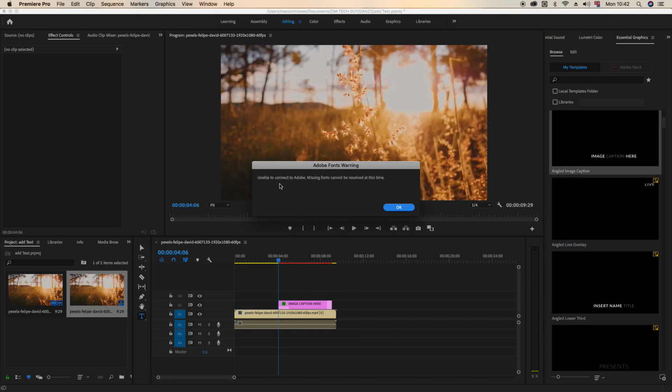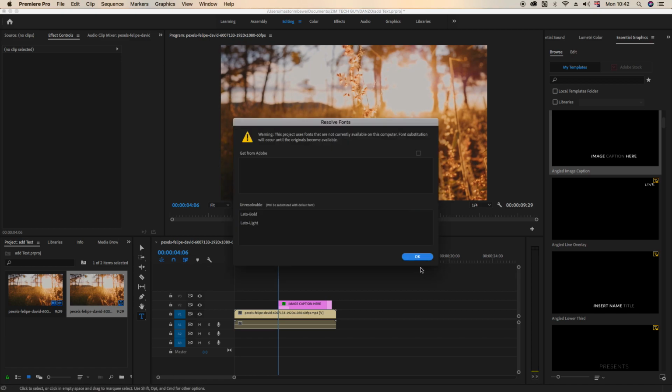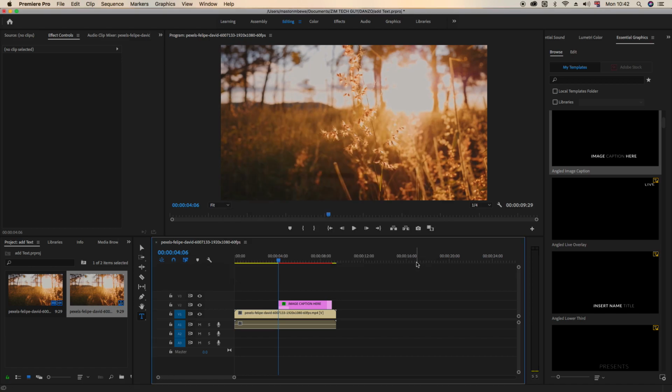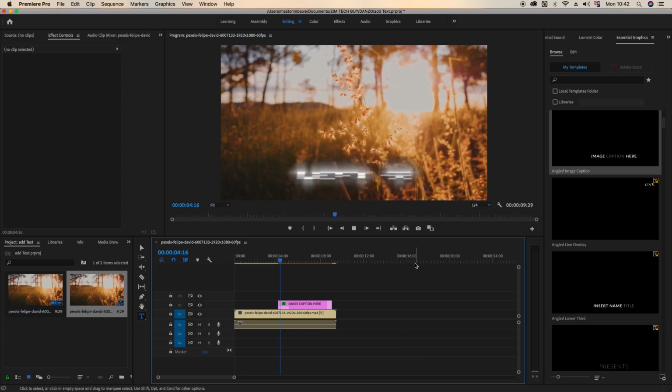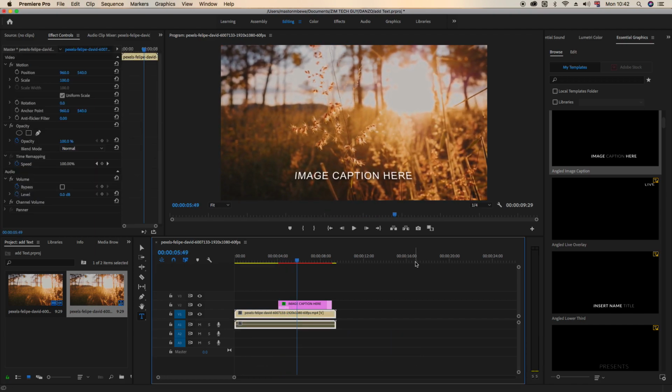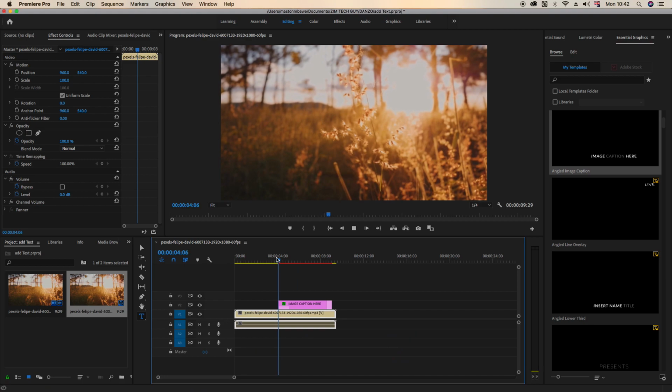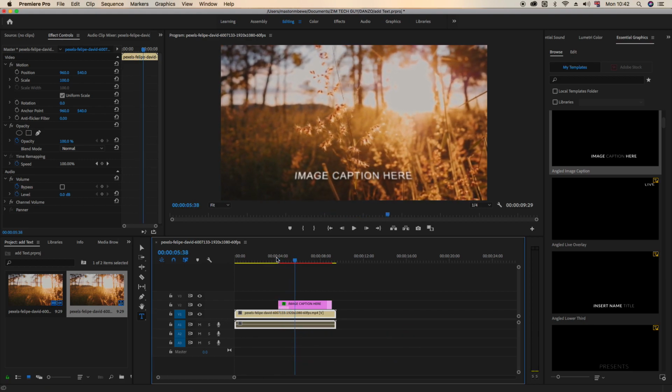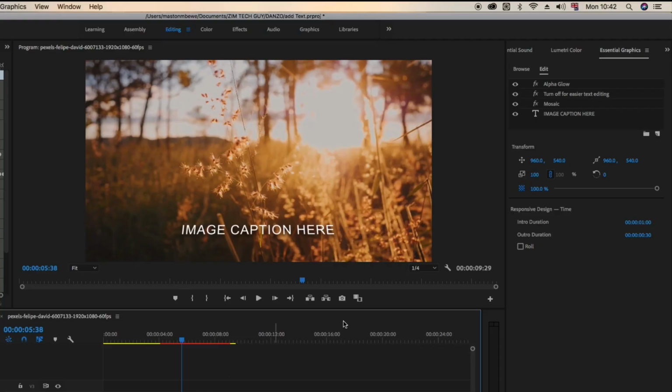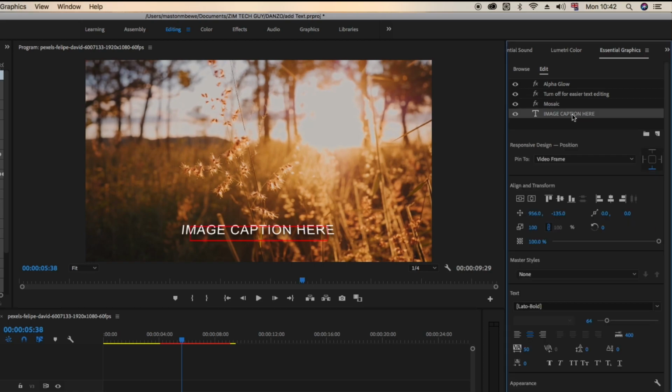It says unable to connect. We're going to just click OK. All right, so this is a template, as you can see, that has been generated directly from Essential Graphics. So if you want maybe something that is stylized, for you to edit this one, you just highlight it and come here where it says image caption here. Just click here